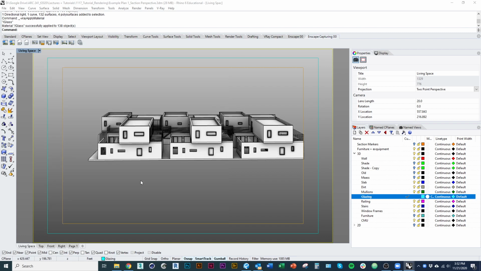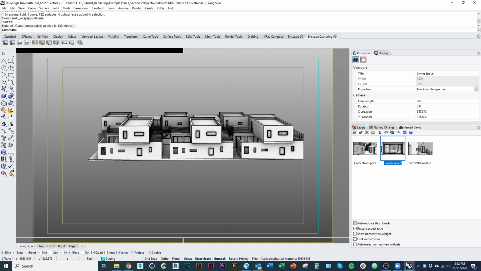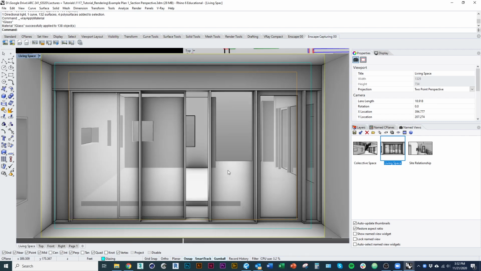So I'm going to go back to my named views panel. Again, I wanted to mention in this video as well, because I forgot in the first video, what you want to do is set up these views and then choose where to add a certain amount of detail in your 3D model. So you might want to just model the window frames in the exact perspective that you're going to render in. Otherwise, you may find it not as